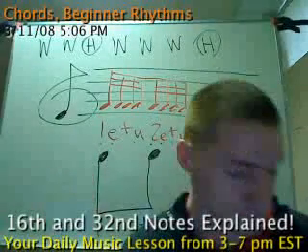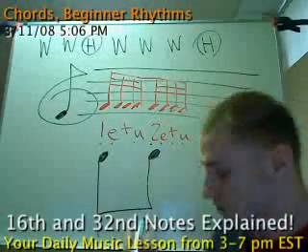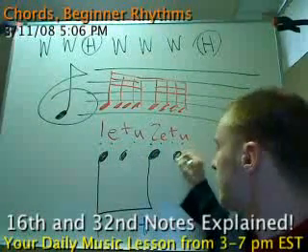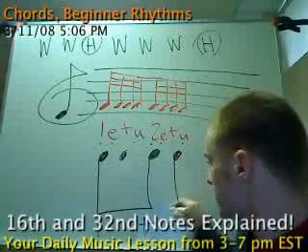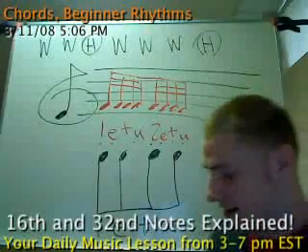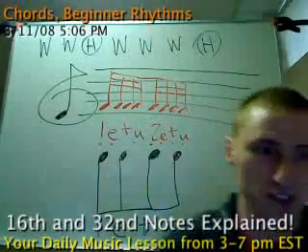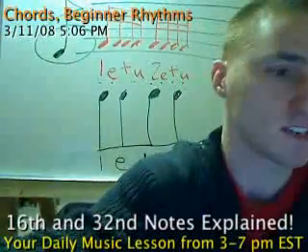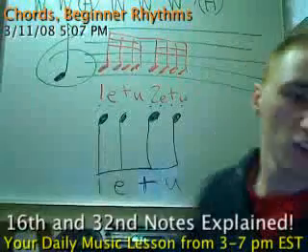If I wanted to do it as 16th notes, I would still remain the same, but now I'm hitting 2 beats between every 8th note. So I now have 1 e and a. But the hits still remain the same. Let me move this down so that you guys can see it. But the hits still remain the same. So now we have